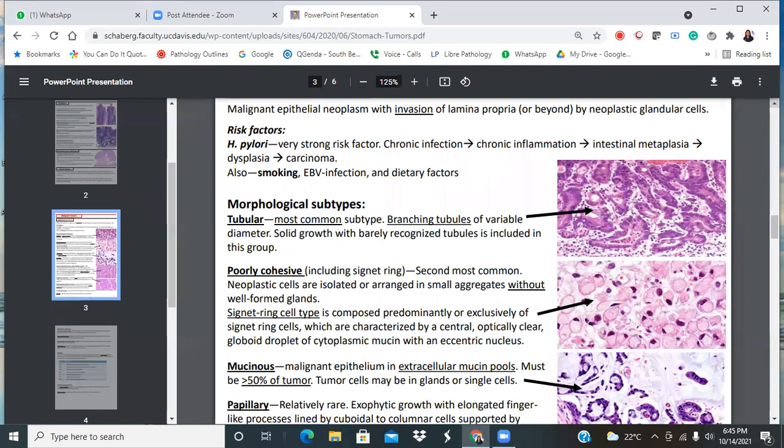A very simple example is a case that came across my table today. The patient is 48 with a gastric ulcer, and it was all signet ring, no surprise. I'm going to call it signet ring carcinoma. He has other biopsies from the antrum, the GE junction, and the duodenum, and everything looks clean. Then on my review of the GE junction, for some reason I went deeper to make sure whether there is IM or not. And there are a lot of signet rings underneath the epithelium, which the first time I scanned it, I did not see.